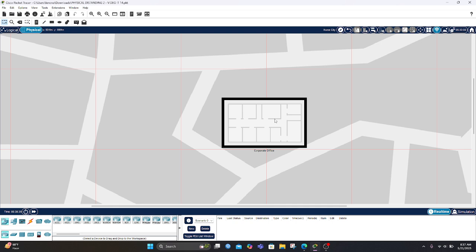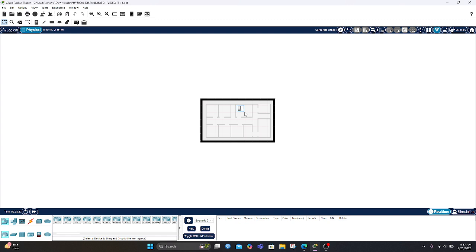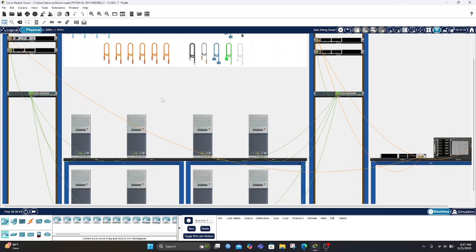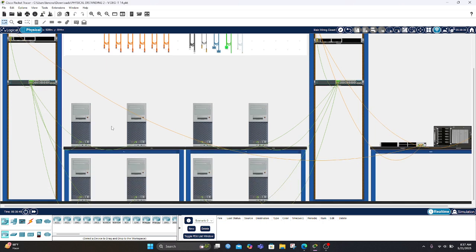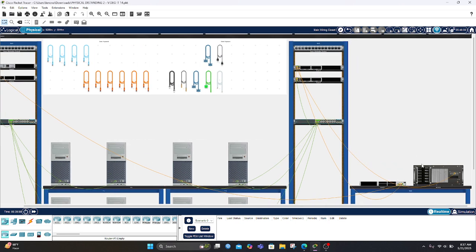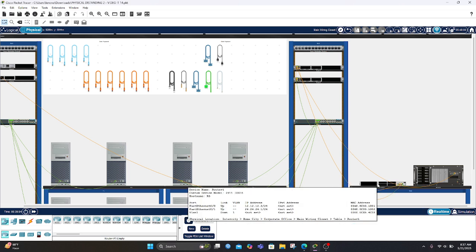From this is PC, there are 4 in RA1, and this area is RA2, and then this is the server, and this is router 3.